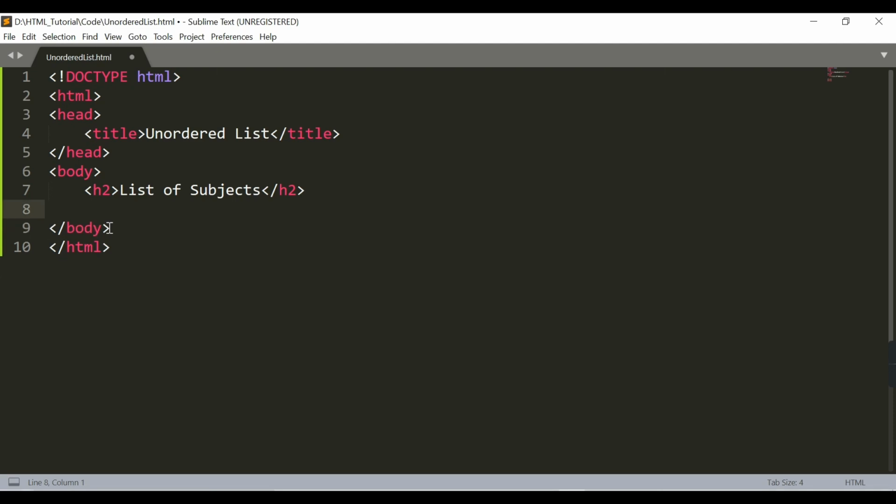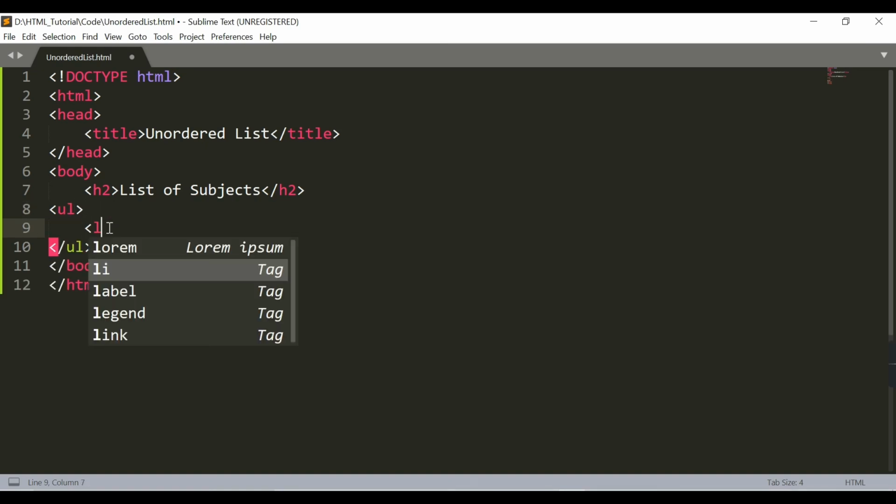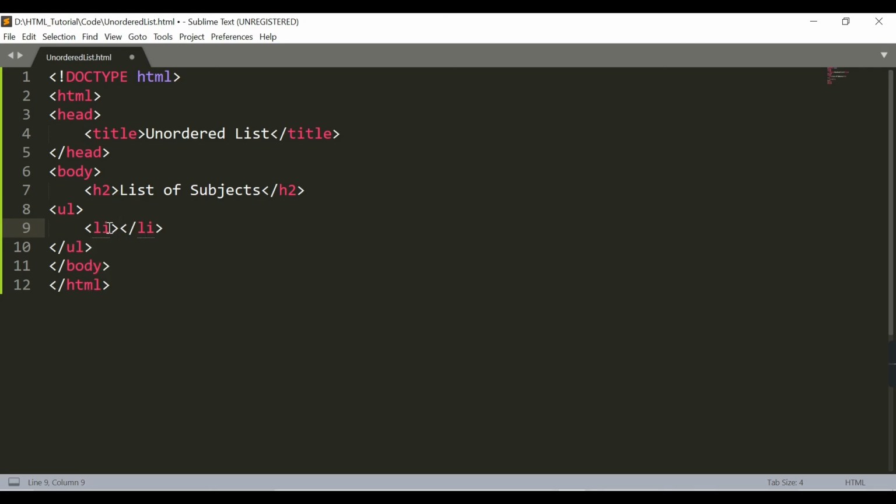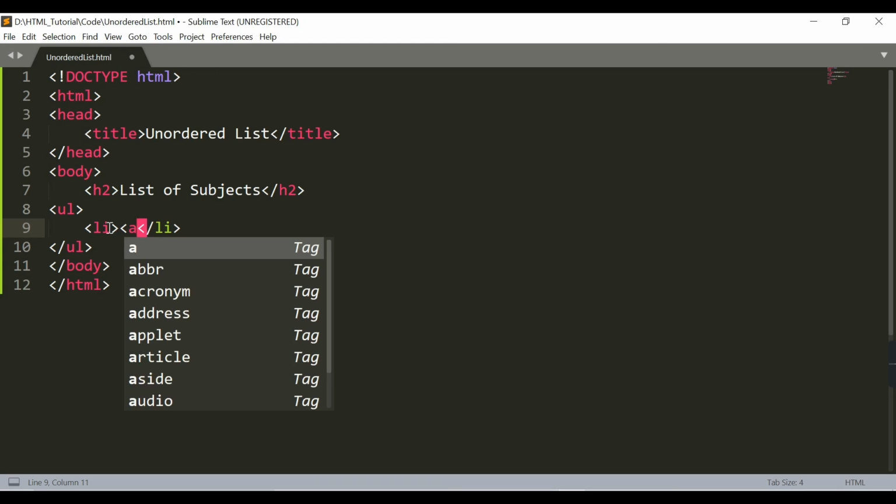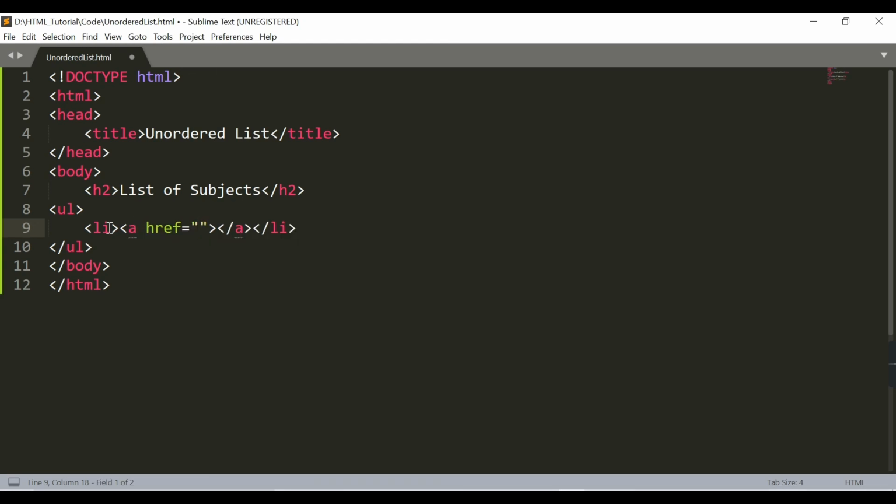Let's say I want to print an unordered list, and here we need to provide the list data items li, and here instead of providing data I want to use the anchor tag. So href, currently we don't want to navigate to another page, we will just provide the data here, maths.